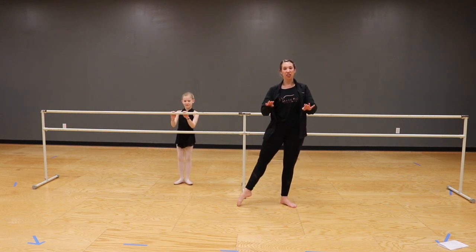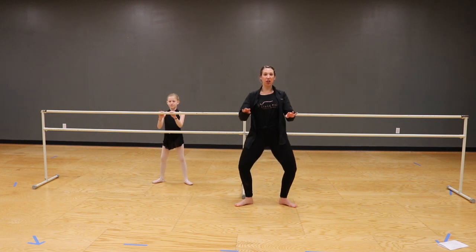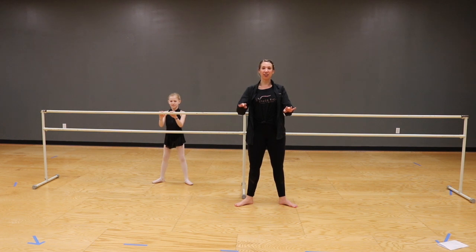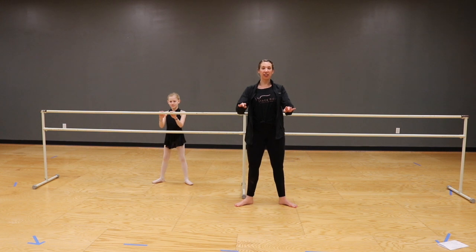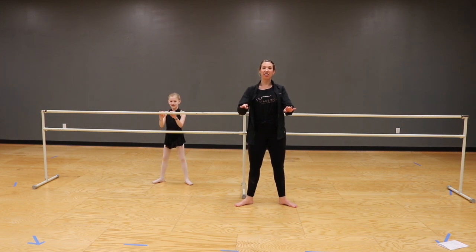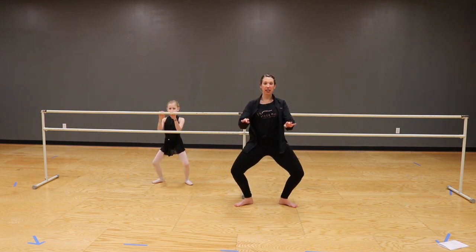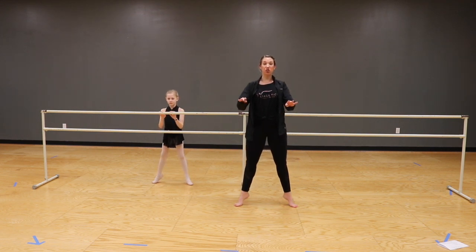and straighten, tendu, and second position, turning out, and we're going to go plie, and straighten, and plie, straighten, and plie, straighten, rising up, nice strong elevate, your legs are taking root,